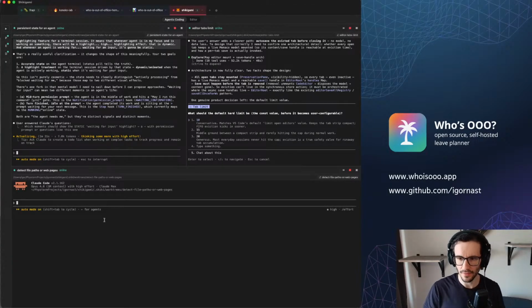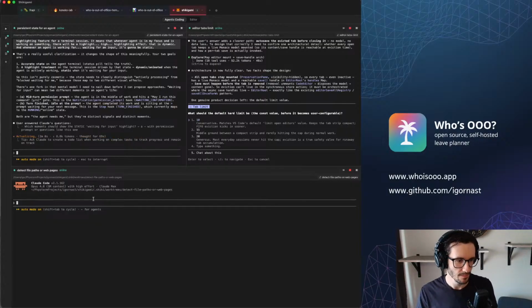So that one should verify if we can detect paths to files, and as well add an effect, like an underline effect, and once you click on it, it should take you to the editor. Or this could be URLs as well. So these two cases.